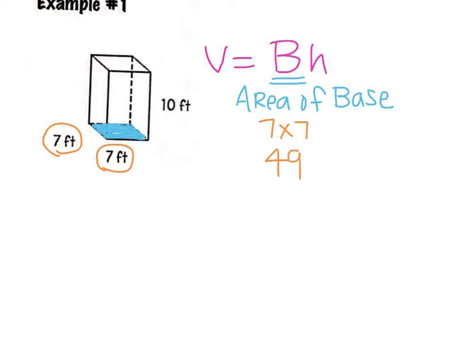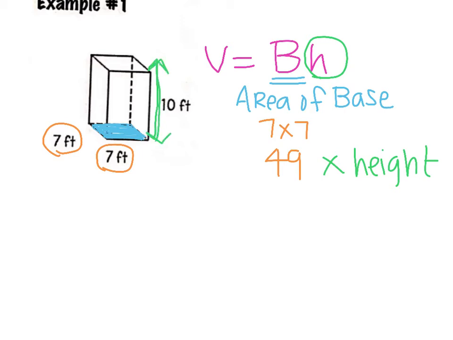That's 49. Now the remaining part of my equation says I need to take and multiply the area of the base times the height of the prism. So the height of the entire prism, I'm going to be looking at this section. How tall is the entire prism? And that is 10. So my last step, I'm going to do 49 times 10 to get the final answer. The volume of this entire prism would be 490,